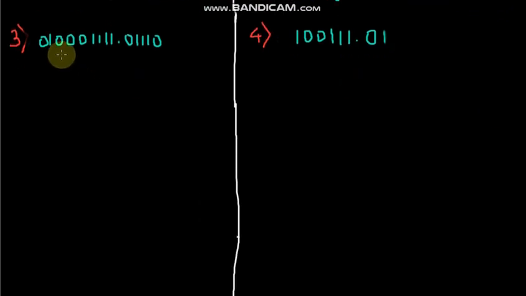Yeah, 0 0 1 0 0 1 0 0 dot dot dot. Now again we have to do the same. We have to divide it in groups of 4. This is the first group, this is the second group, and this is a third group, but we don't have to write the third group, because